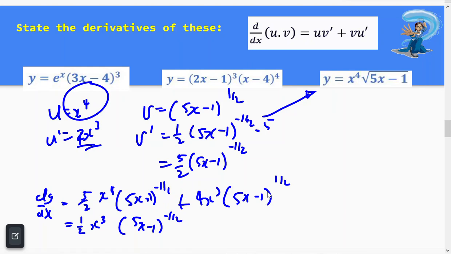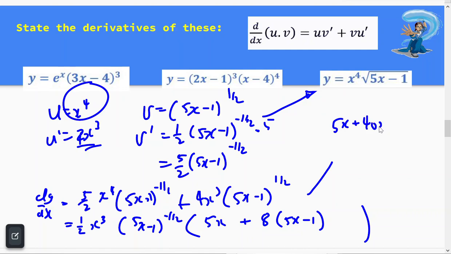5x minus 1 to the negative a half. Because I have negative a half and positive a half, the smaller of those two is negative a half, and that will be multiplied by, I've taken the half out, so I'm left with 5x, and I took all of that bracket out, plus I took a half out and I had 4, so that's going to leave me with 8. And I'm going to have 5x minus 1 because I had a half and I divided it by that factor to the power of negative a half. And that's the same as 5x plus 40x minus 8, which is 45x minus 8, which gives me a final